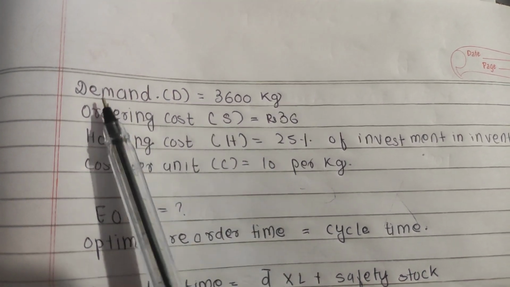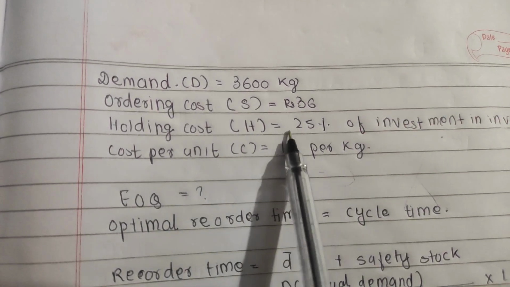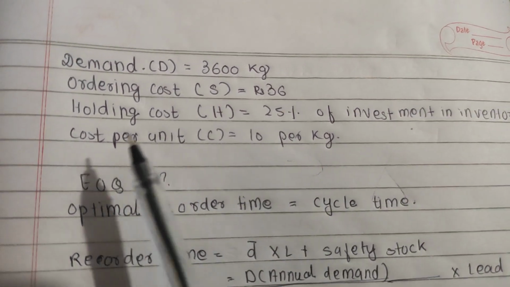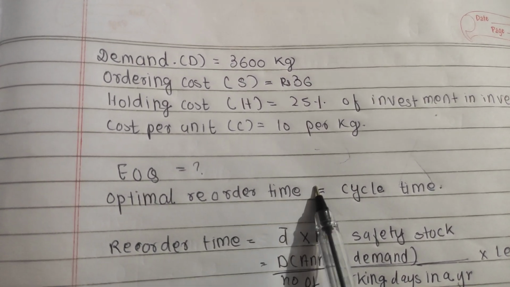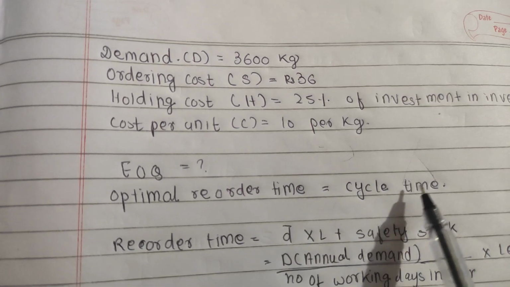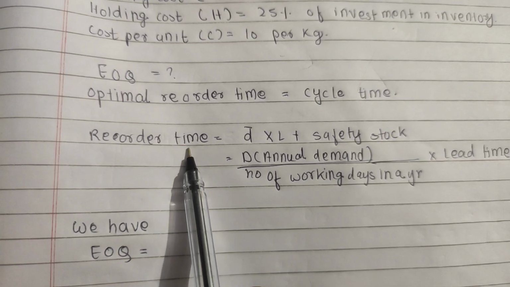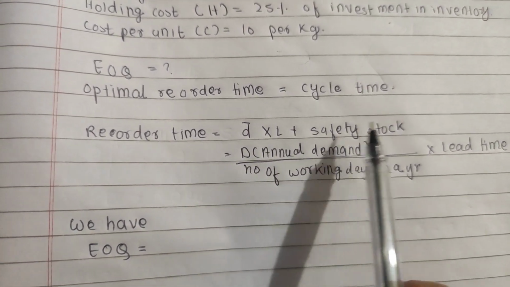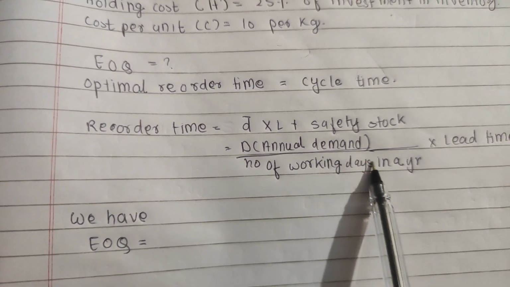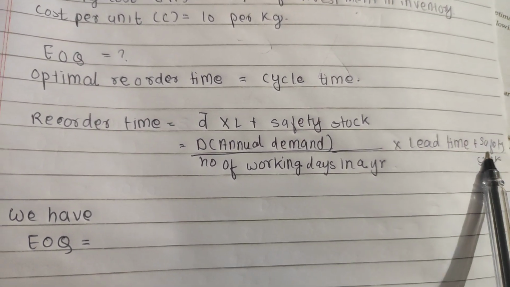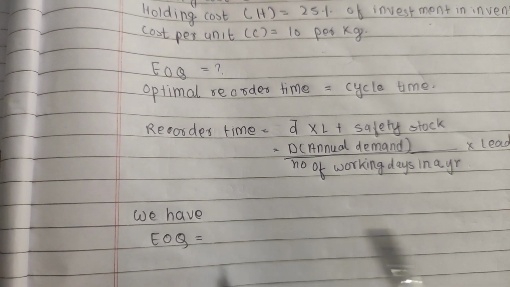As in the question, the demand is 3600 kg, ordering cost is rupees 36, and the holding cost is 25% of the investment in the inventory. Cost per unit is given as 10 per kg, and we need to find EOQ and optimal reorder time. And the optimal reorder time is given by cycle time. But if we are asked to find only the reorder time, we use the formula D dash into L plus safety stock, where D dash is given by annual demand divided by number of working days in a year, into lead time, plus safety stock. So firstly we find EOQ, and the formula of EOQ is given by